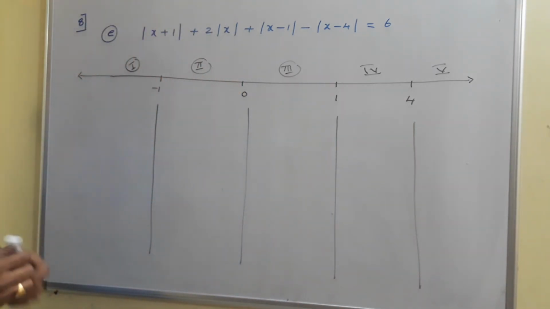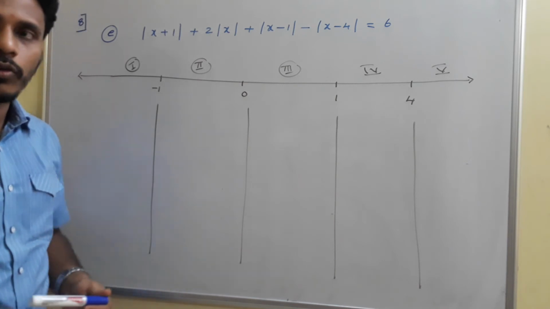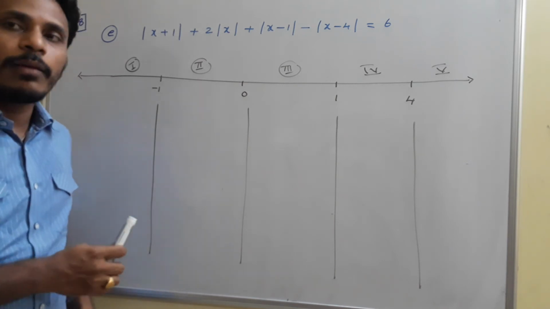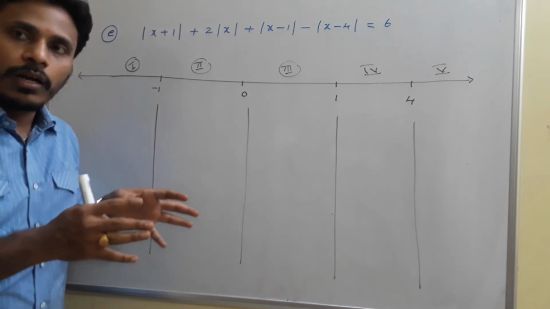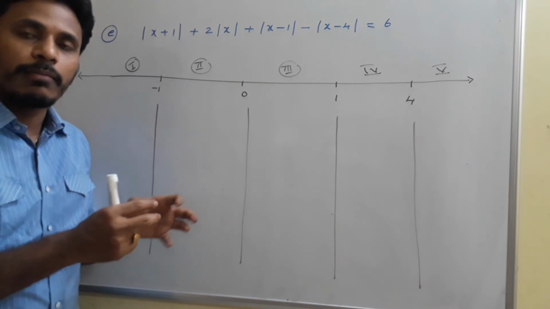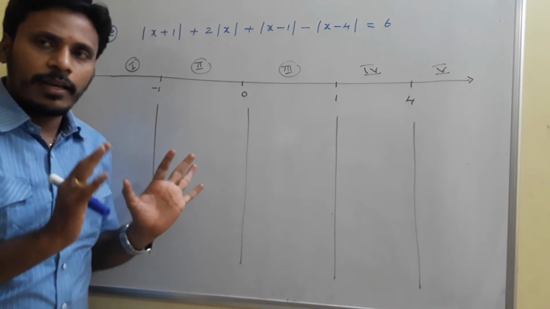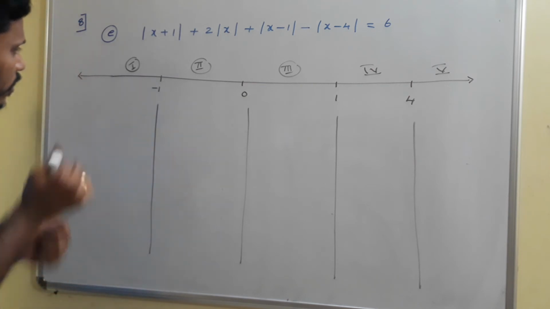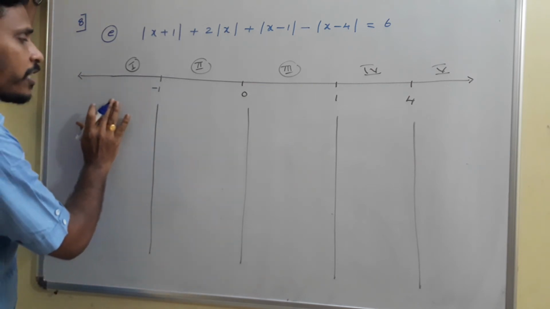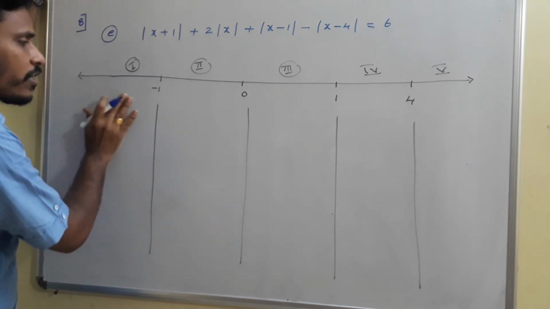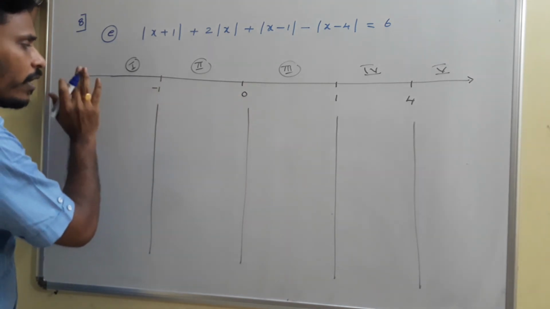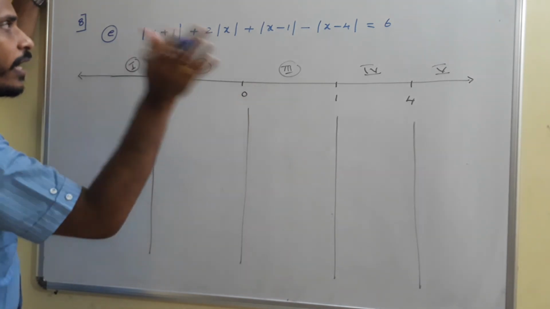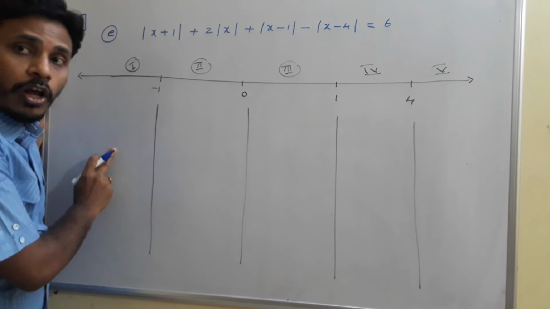Just think about it step by step. The problem is actually simple, but we are dividing it into cases. If you have a good command of dividing the total number line into different cases, then the remaining part is very simple. Think about the first case. As I mentioned, in the first case, since this is completely the left side of everything, in this region all are negative.